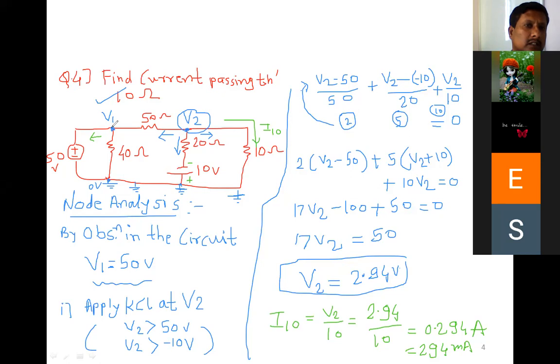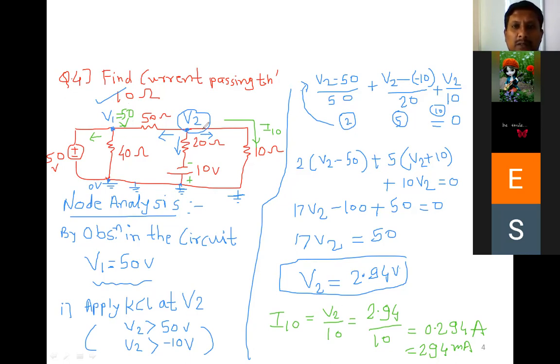And observation, even though they are understanding this, they are not finding the value of this V. So see the circuit properly. In a parallel circuit, the voltage remains constant. It will be the same. So across the 40 ohm resistor, the value of voltage V1 is the same as 50 volt. If you find that, then at least half of the problem you can solve, and at least some marks you can get instead of 0.